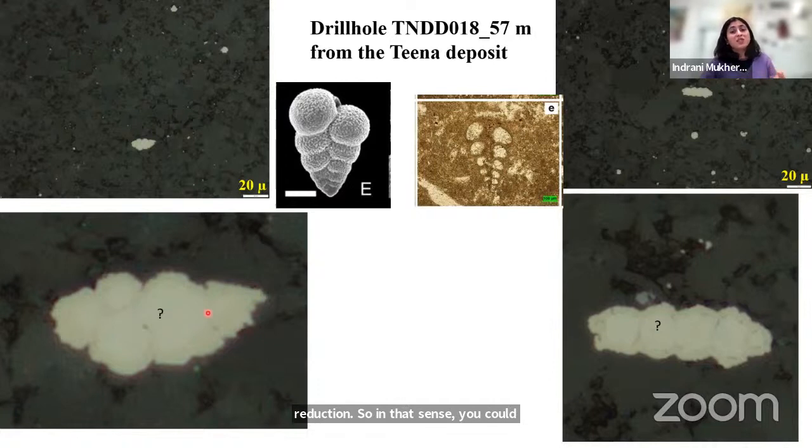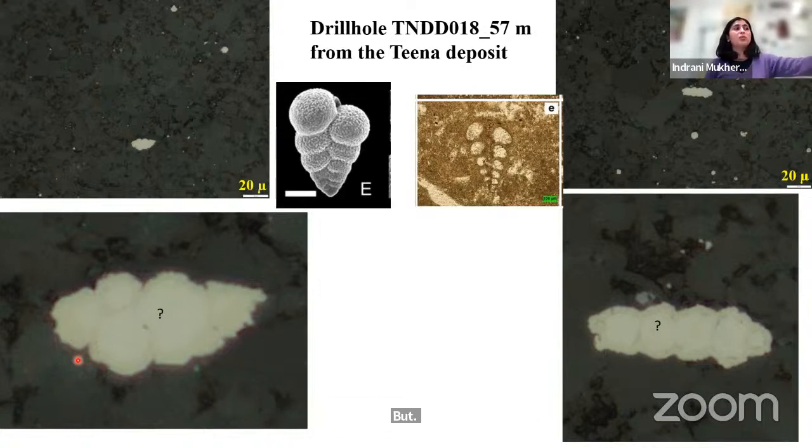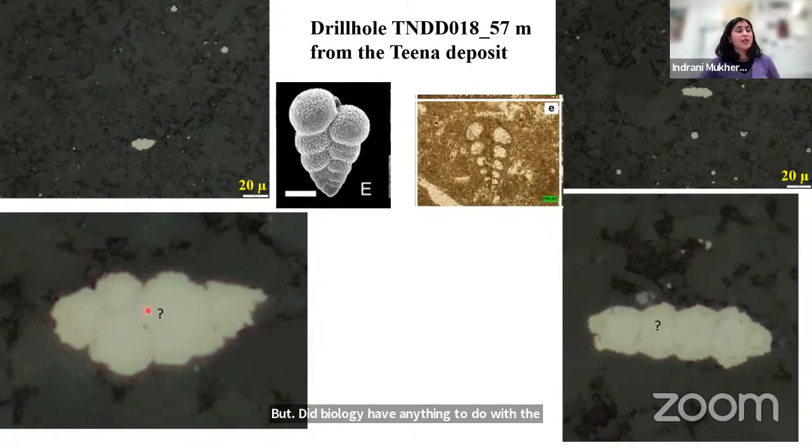The precipitation itself is biological, but is it replacing, or is it orthogenically mineralizing this structure here, which was originally a biological organism? Now that's hard to tell. But did biology have anything to do with the precipitation of this structure here? Yeah, of course. I mean, microbial sulfate reduction. But that's about it. That's my limit of being absolutely sure. But I'm sure there is a chemical signature, but maybe one day one of us is going to find it.